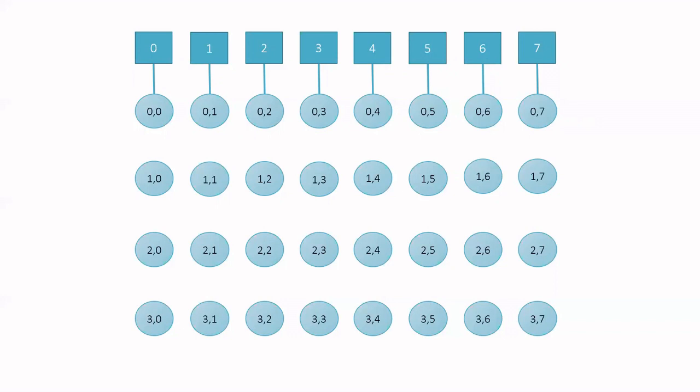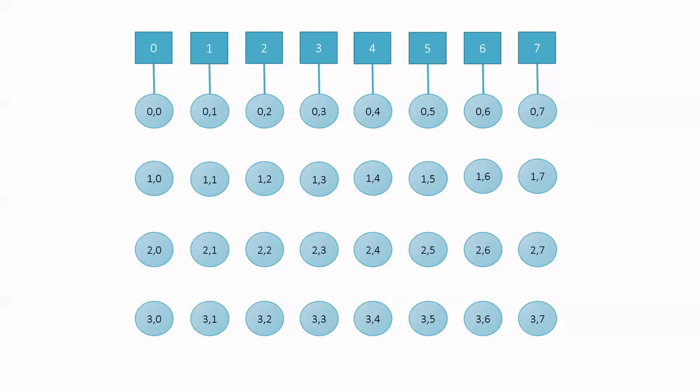8 into 4, 32 switching nodes are there. As I explained earlier, if there are 8 processors, there will be 4 rows or ranks. Each row will have 8 switching nodes. They are labeled as i comma j, where i is the rank number and j is the number of the node. So let's try to make the connections.